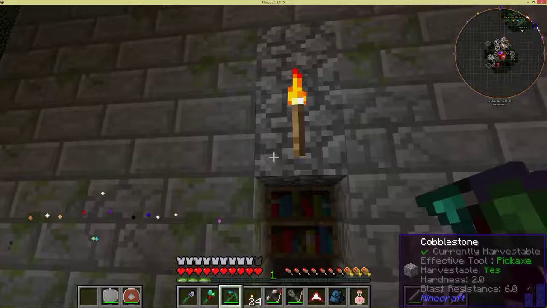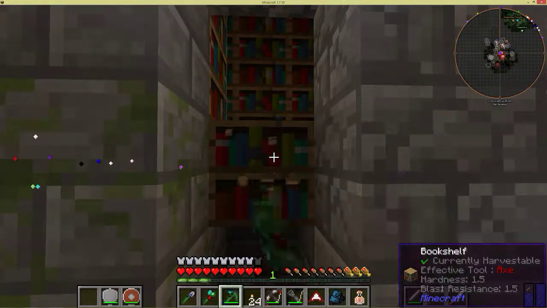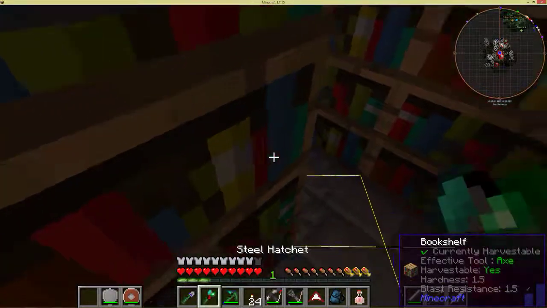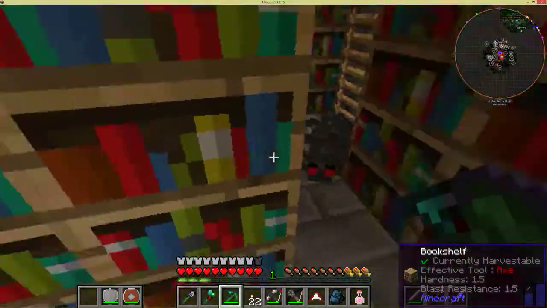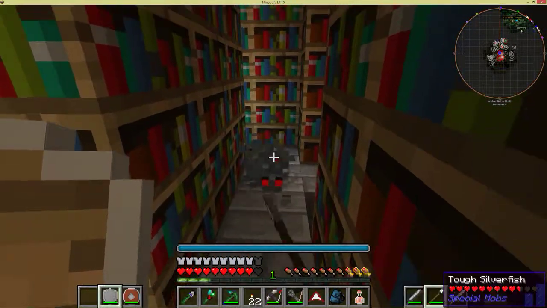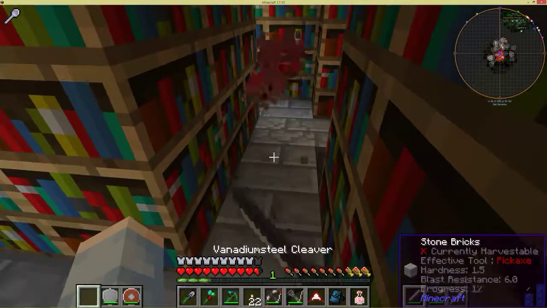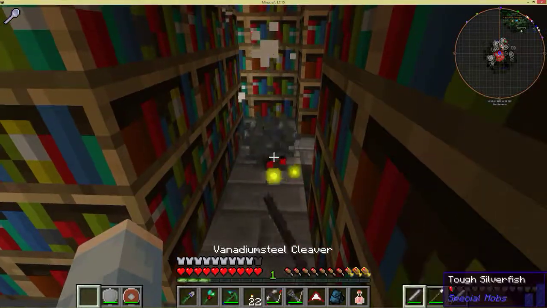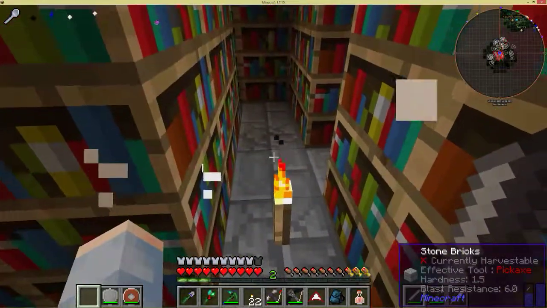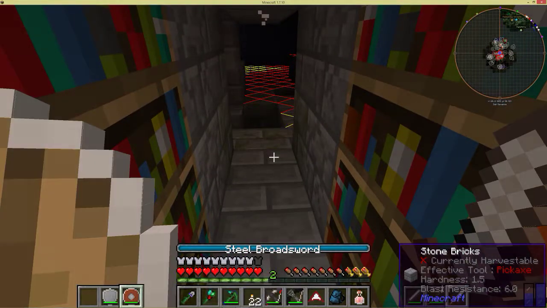Looks like this right here, first thing is a library. Problem is when I have my weapons out, I can't. What the heck is that thing? Tough silverfish. Not even fighting the real monsters yet, and I'm already having to deal with a bunch of boiling. Oh, there must be a spawner in there. Alright, let's...